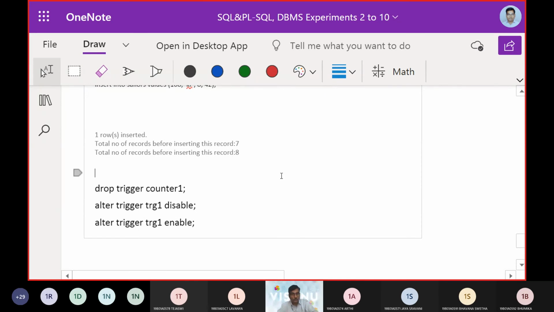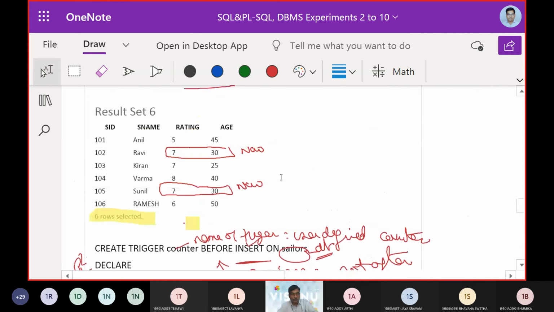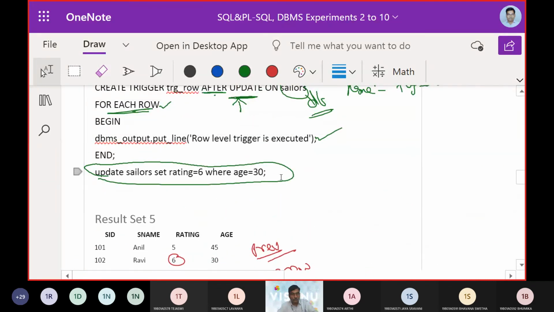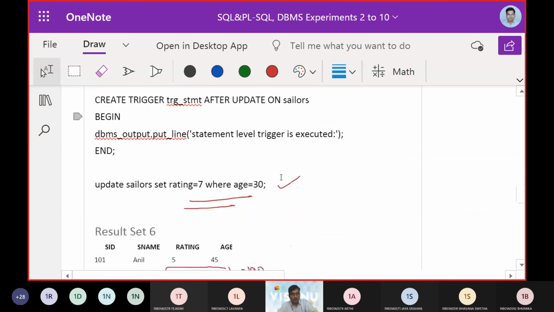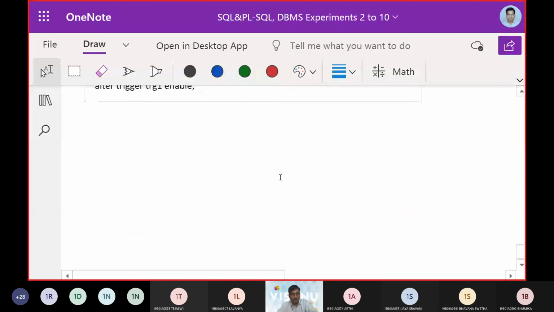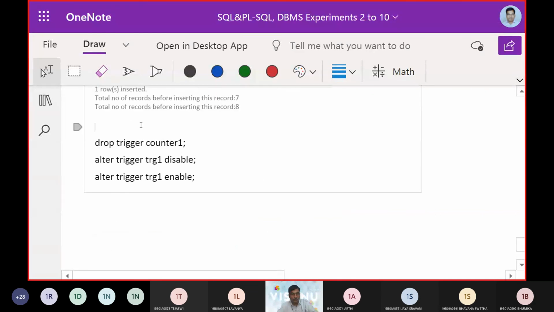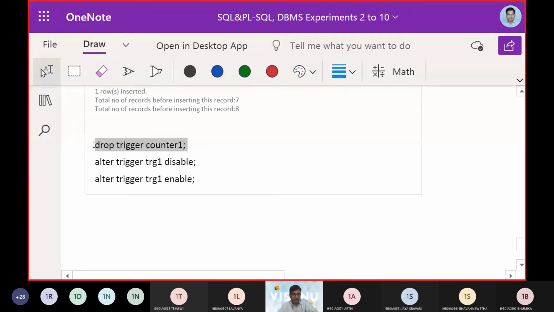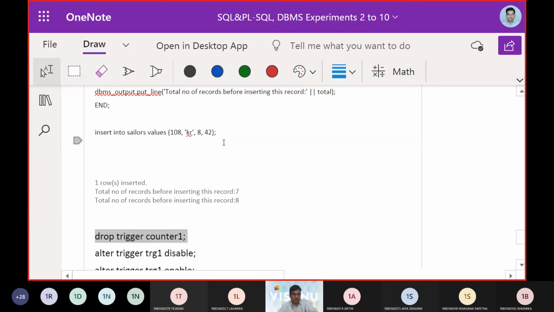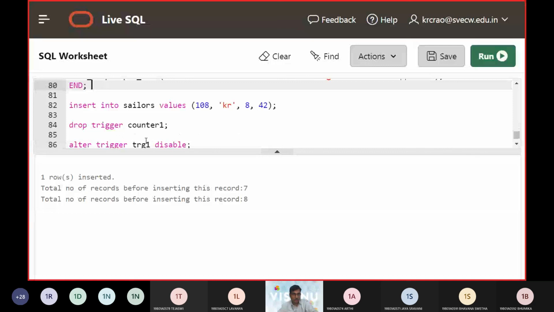Up to now what we talked about was creating the triggers and doing the DML operations, etc. Even I can drop the trigger also. So that's how you can drop trigger counter 1.